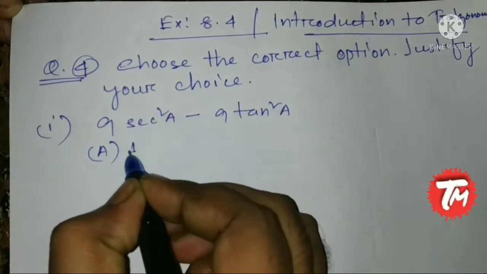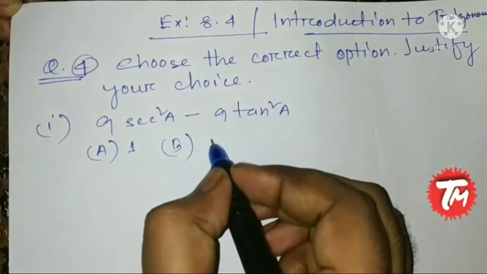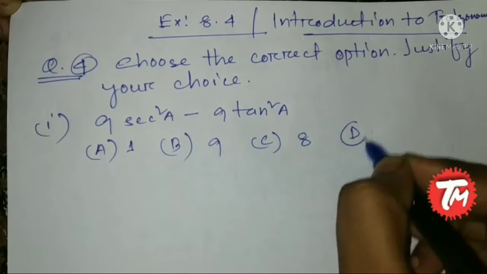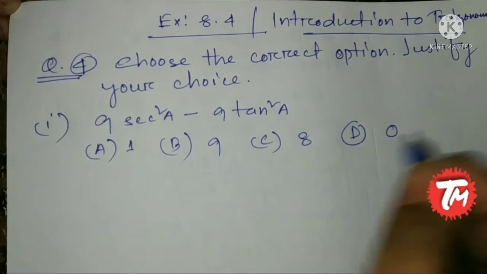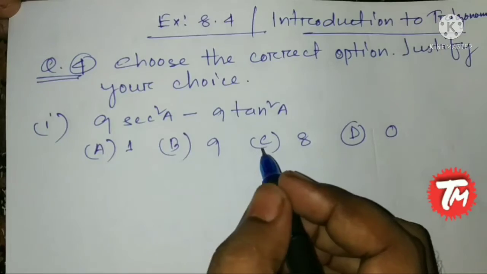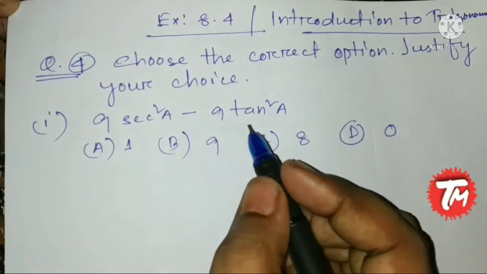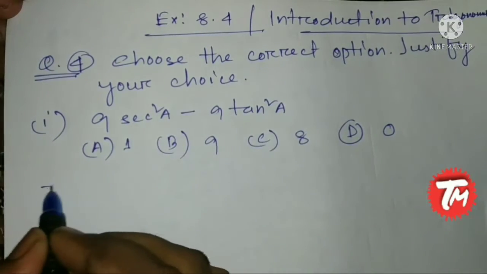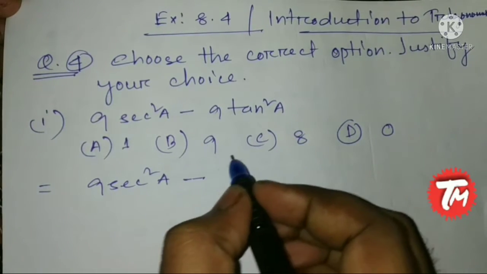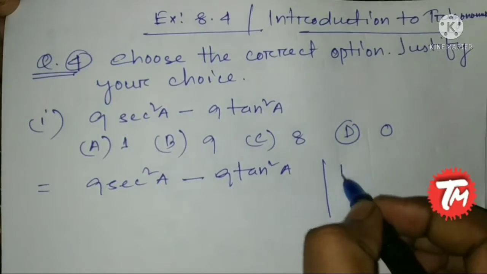Question number 1: option A is 1, option B is 9, option C is 8, and option D is 0. So which one is the correct option, that we have to write. Here it is given 9 sec square A minus 9 tan square A. So we have to write here 9 sec square A minus 9 tan square A. Okay, so we know that 1 plus tan square A